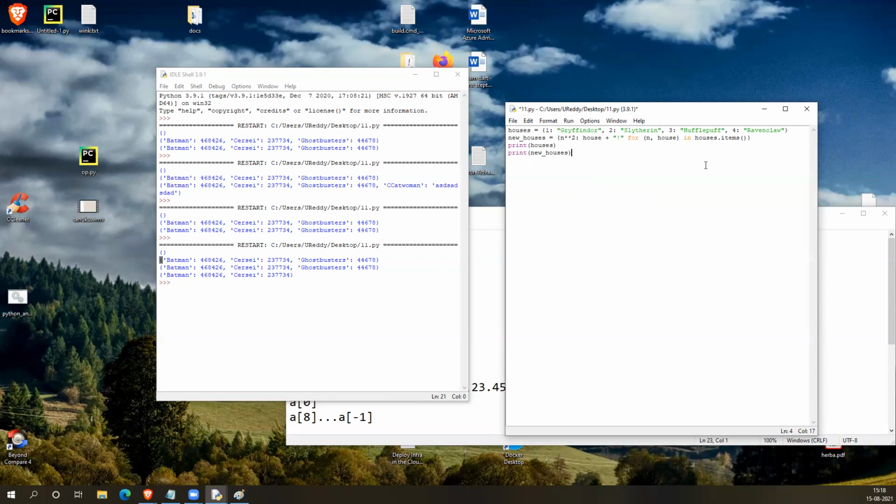Understood? You can print that and see. And that one we are converting back, so that's why it is again printed as a dictionary only.